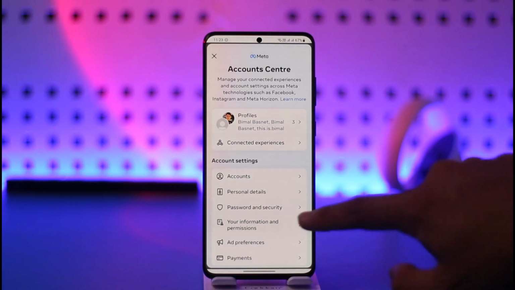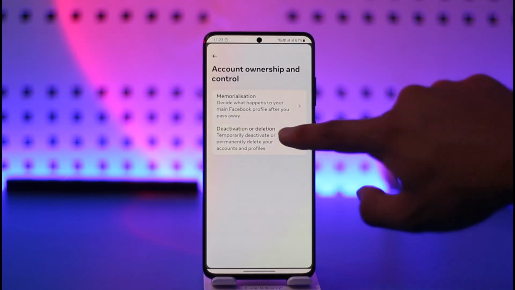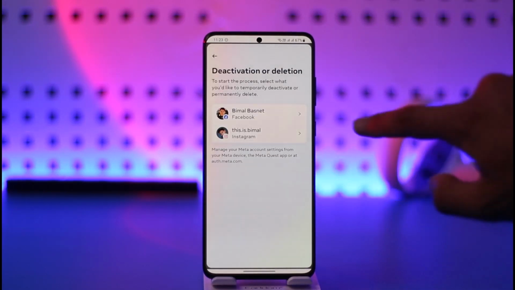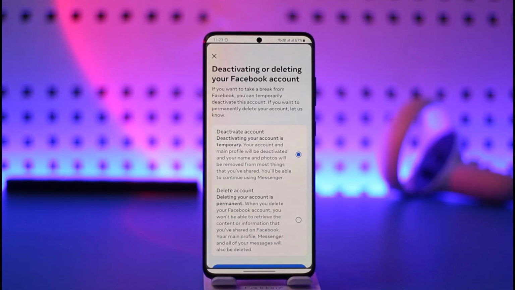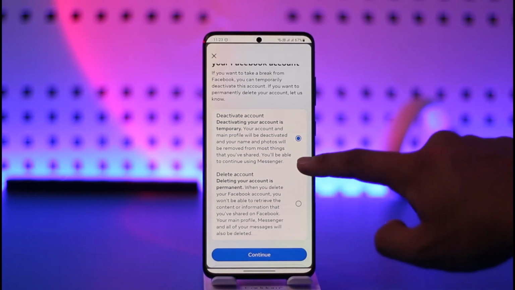Once you come to account center, go to personal details. Then just go to account ownership and control. Then over here go to deactivation or deletion. Then just select the Facebook account that you would like to deactivate. You have two options to deactivate or delete it, but I'm just going to select deactivate account and then just